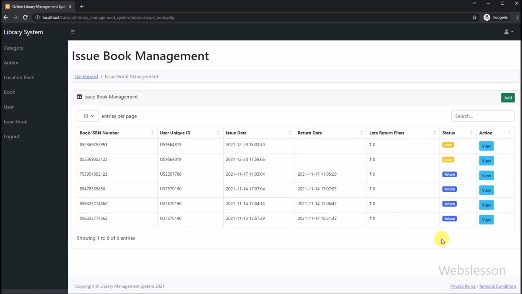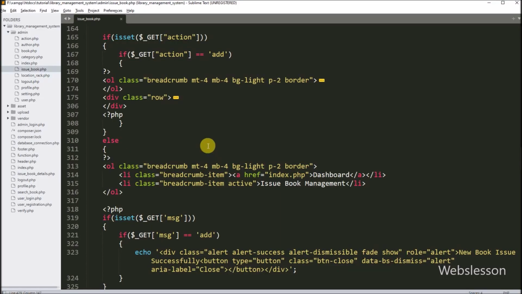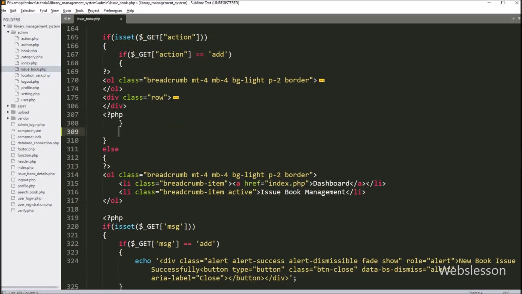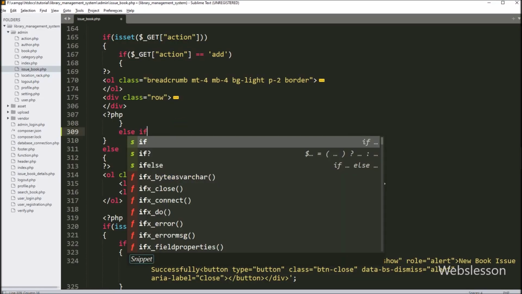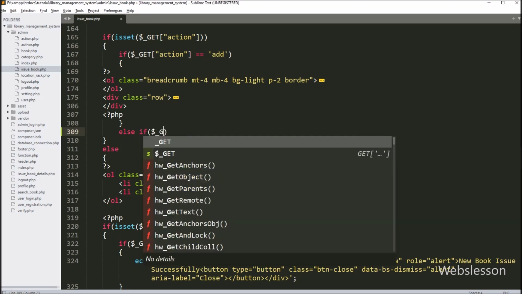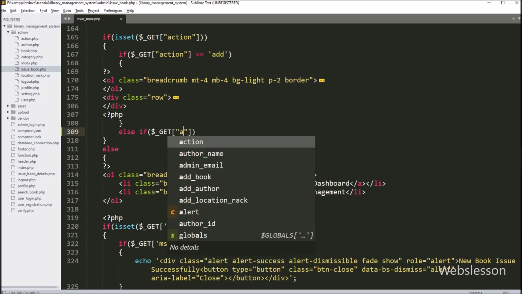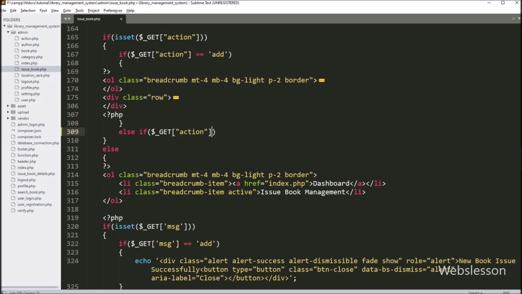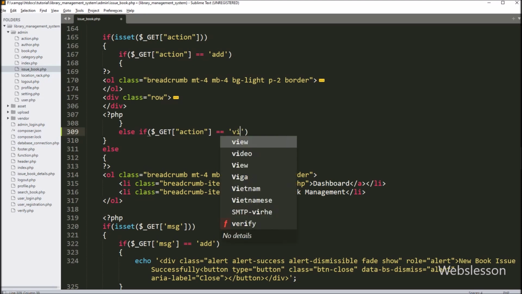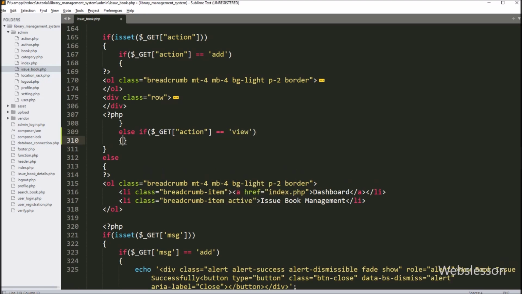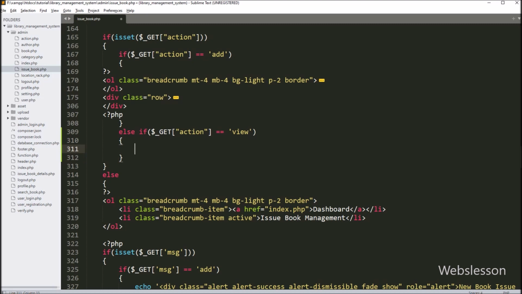Now for display details on web page, we have to go to issuebook.php file, and here we have to write PHP else if statement. And under condition, we have to write $get action variable value is equal to view. Suppose this condition true, then it will execute this block of code, and under this block, we want to display issue book details.